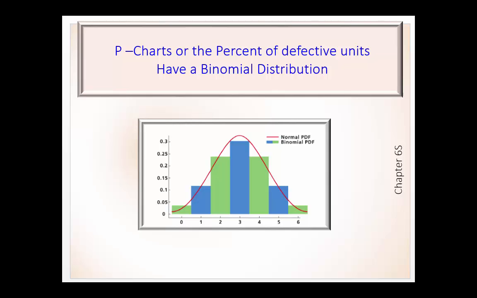As I said before, P charts, or the percent of defective units, follow what's called a binomial distribution. What's important about a binomial distribution is that it acts kind of normal but has these block pieces to it, which is important because it enables us to calculate the standard deviation and mean slightly differently. And one of the things we like about this type of distribution is that it's sort of black and white, or in this case green and blue. You either